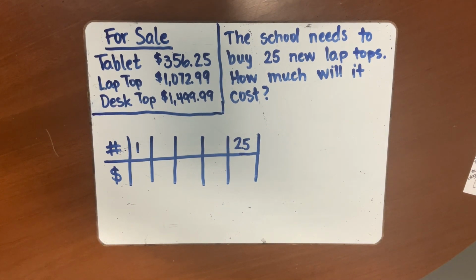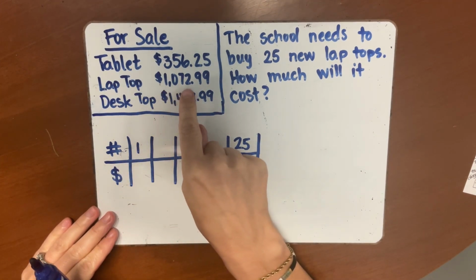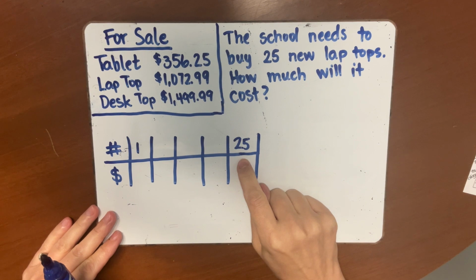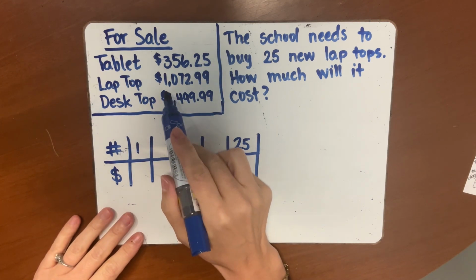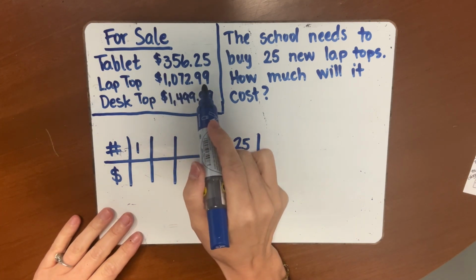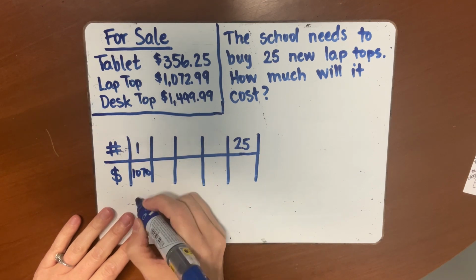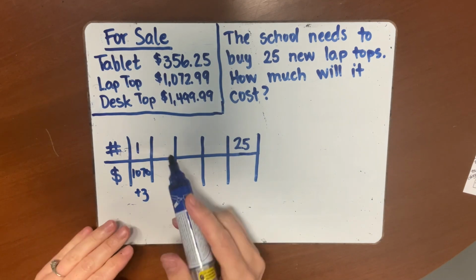My first thinking is that I know how much one costs, $1,072.99, but that's going to be a hard number to calculate. And I want to know how much 25 is. And I want to do it in an efficient and easy way. So I'm thinking, 1,070 might be pretty easy to say, but then there's like a plus 3. 2.99 is really close to 3. So I'm going to kind of think it's